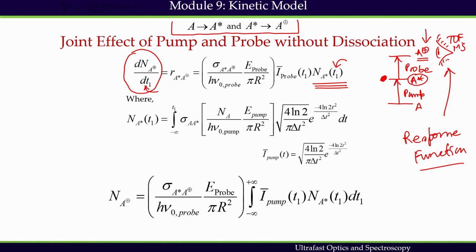So, this equation has a variable T1 where we have already seen that Na star of T1 can be represented by this integration,